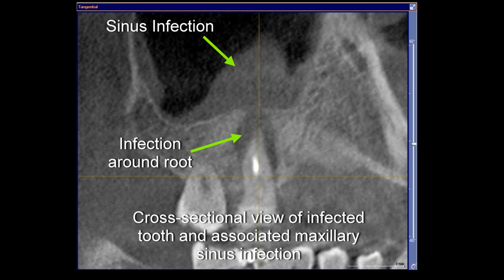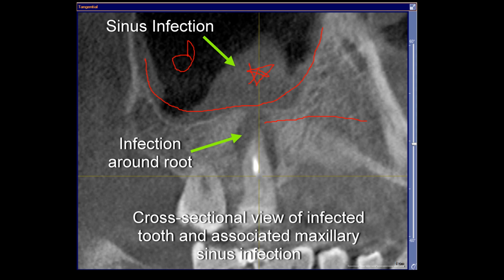This is the same tooth on a different kind of x-ray. This is called a cone beam, or CBCT, which gives basically a three-dimensional view of the bone around the root of the tooth, and this is one slice from that view. And here it's clearly showing this shadowing, a massive infection around the tip of this root. The infection has also spread into the sinus area. This is the wall of the sinus. It should be all dark and clear like this is, but here you can see all of this gray area, which is a sinus infection caused by this